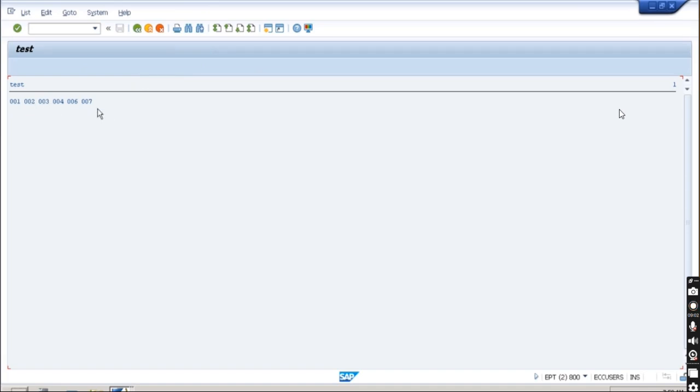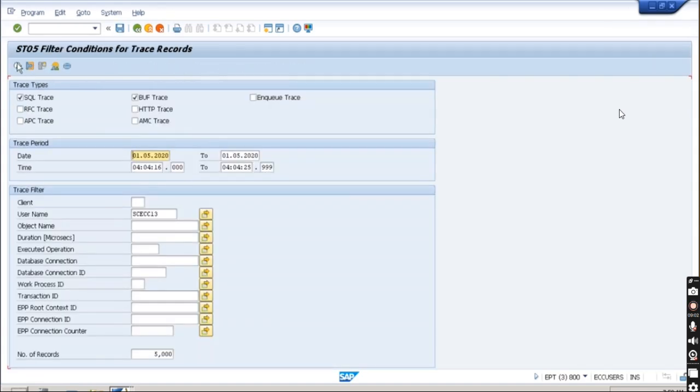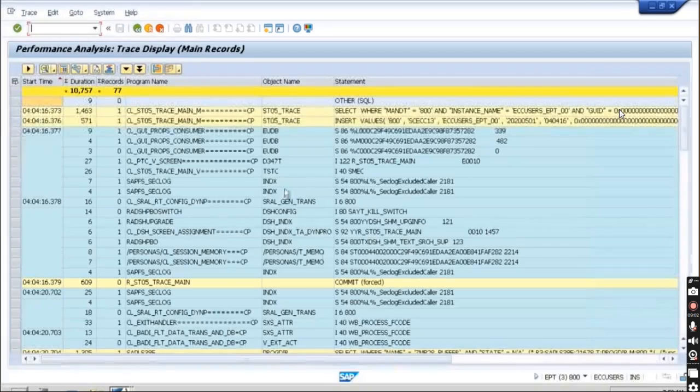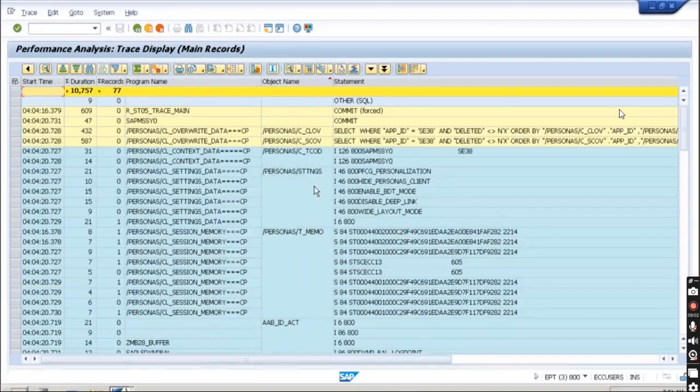Run, and it has given me the data. Just deactivate. This time it has not taken the data from the database. It has fetched from the buffer itself. You can see over here, and just sort the table so that you will see